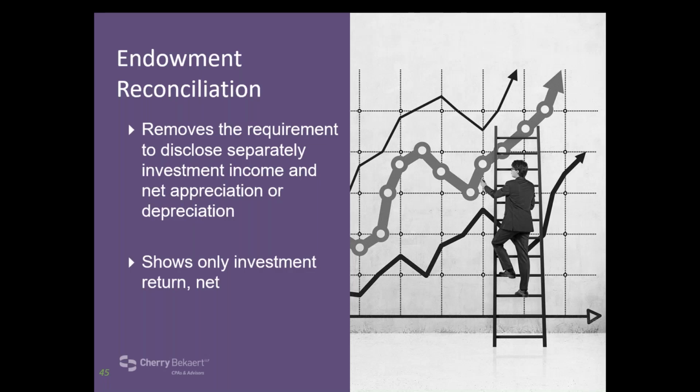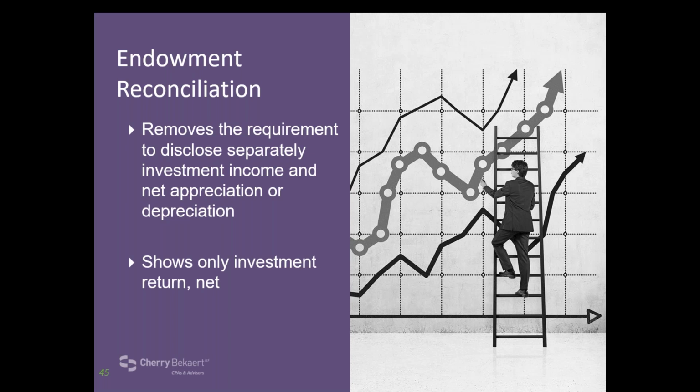There's one additional change to the endowment reconciliation, which is that it removes the requirement to disclose separately investment income and net appreciation or depreciation of investments. This is going to be the same change on the statement of activities. So that means you will show all of that information as just one line item, investment returns net, and the net is net of certain expenses, which we'll discuss in a few more slides.